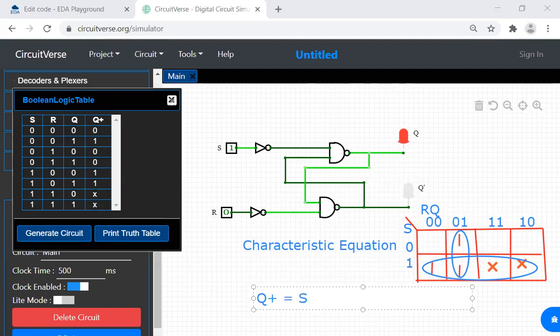So S plus. Now this pair over here, 0 and 1 is getting cancelled. RQ is 0, 1, which represents R bar and Q. So what is the characteristic equation? Q plus is equal to S plus R bar Q, which is the characteristic equation.